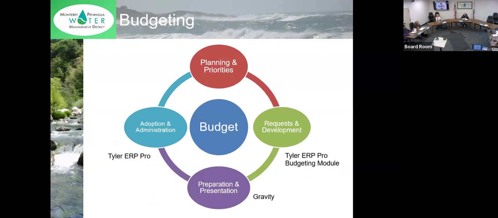And then administration would again be Tyler ERP Pro. Does Tyler offer the step 3? We're going to utilize Tyler to the extent we can, and then for the budget book, we need something else. Yeah, Tyler doesn't, it's an ERP system, so it doesn't have presentation capabilities. It's designed as an accounting system, accounting, purchasing, HR, it has different modules. It can't produce a budget book. And so that's the piece that we need to parse out and get the best solution for that task.